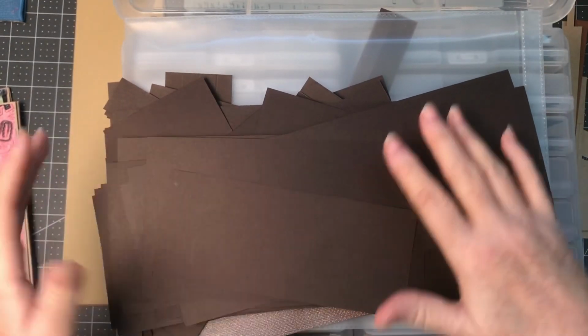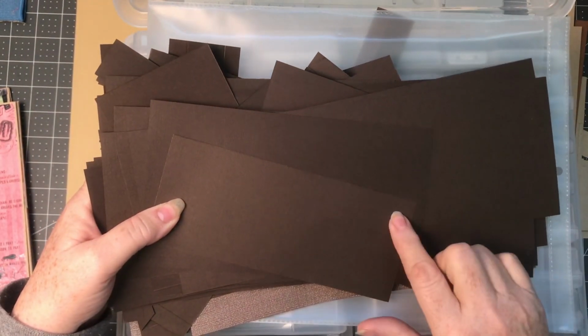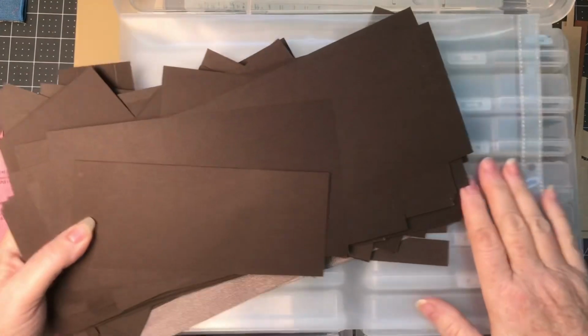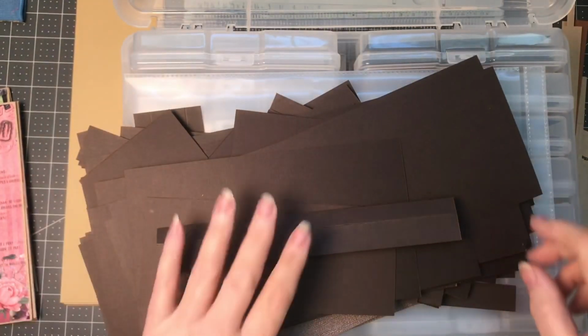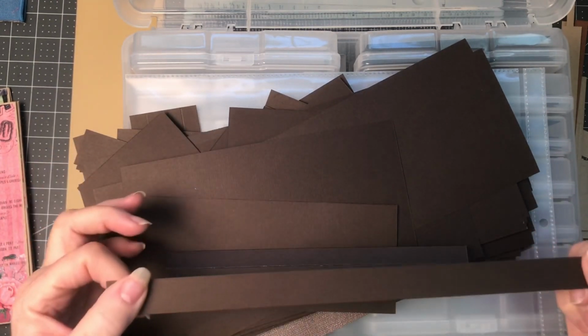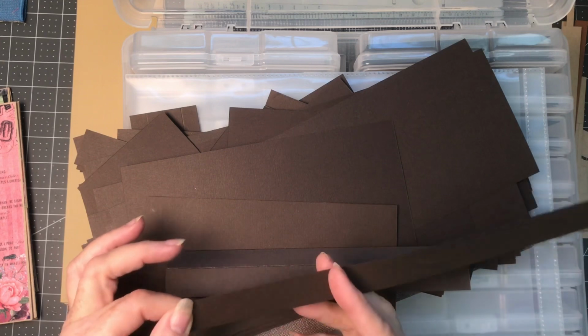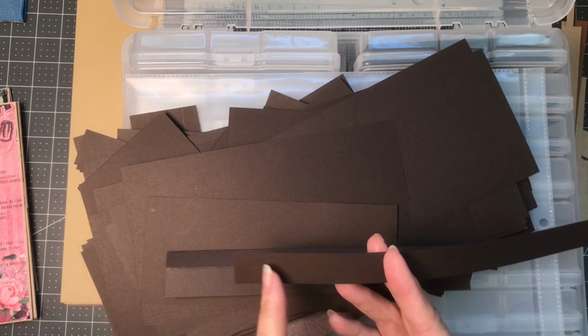So what I want to do is to take all of these that can be made into a mat or a booklet to be put into these boxes. And then the only thing that would be left in my scraps would be normally something that's bigger than this. Like this, I could put a sentiment on, and I could not necessarily stamp it, but I could,